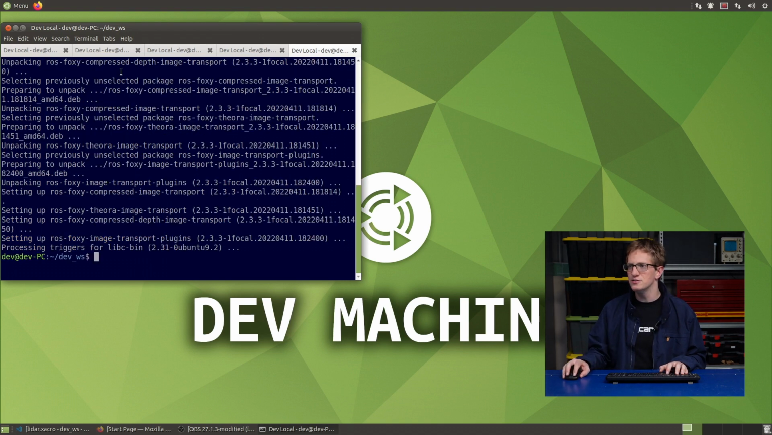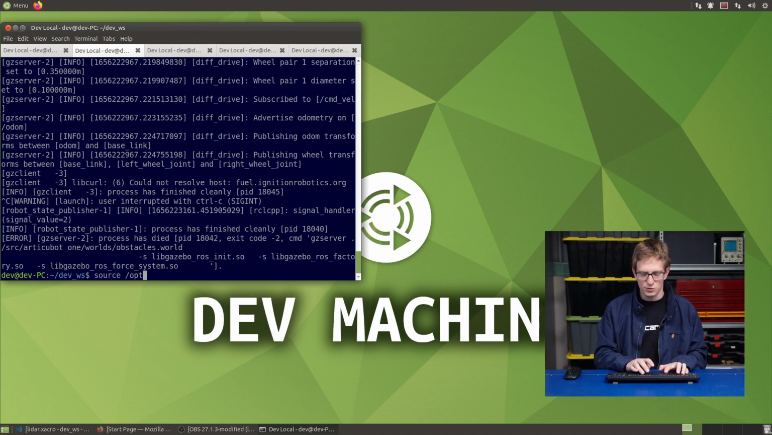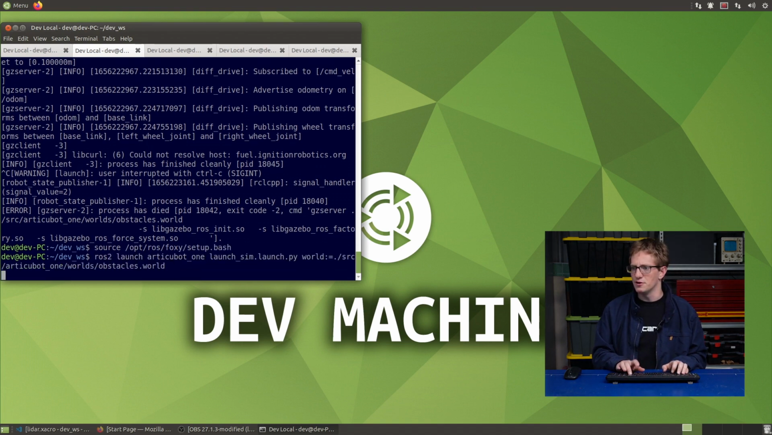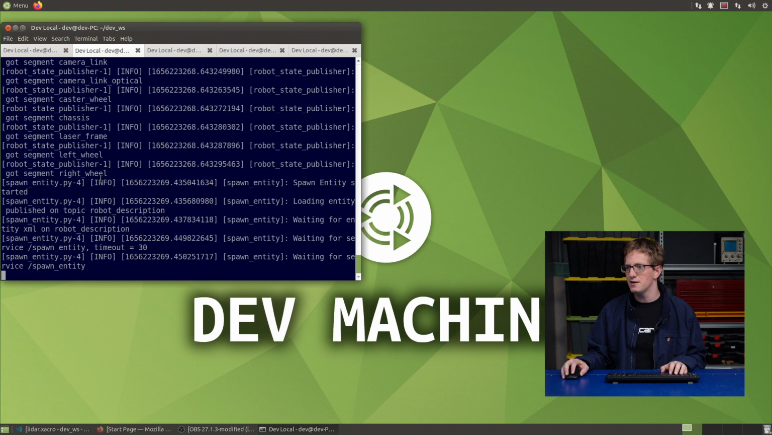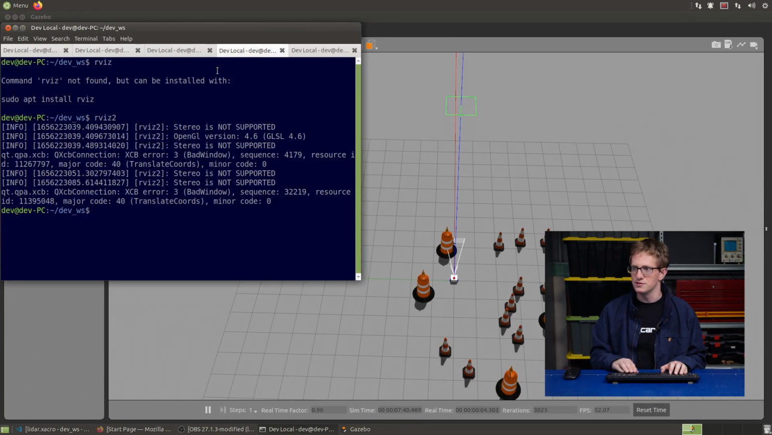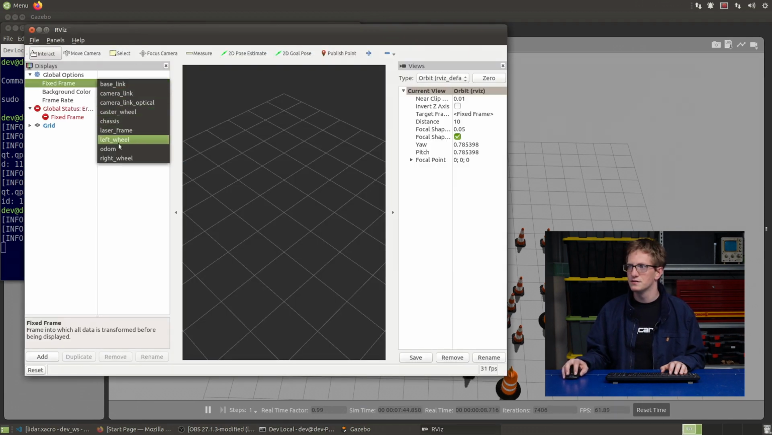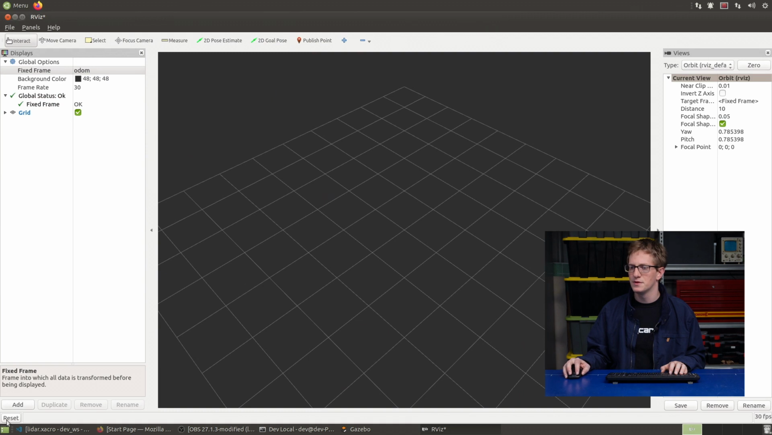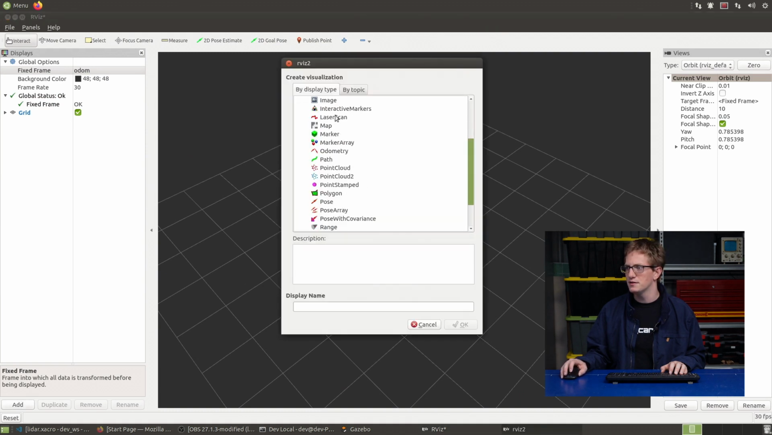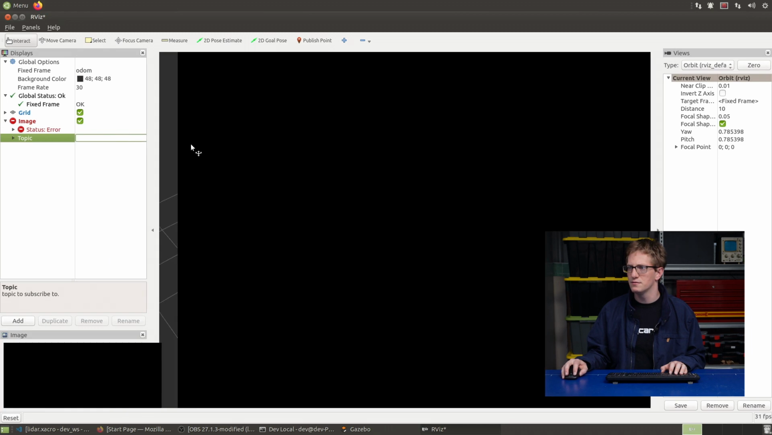And now that that's installed, we can go back to our Gazebo window here. I'm just going to source the installation again, just in case it's not found it. It should be all right. And now I'm going to rerun our Gazebo simulator. And while that's starting up, I'm also going to rerun RViz. Swap that to odom. Add our image display again. And what we should find now,